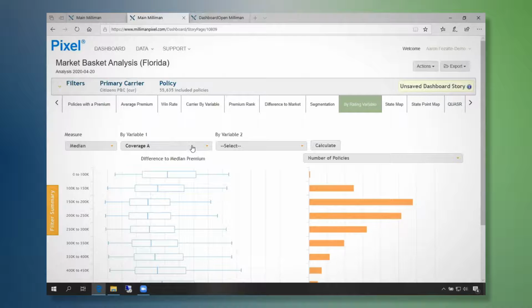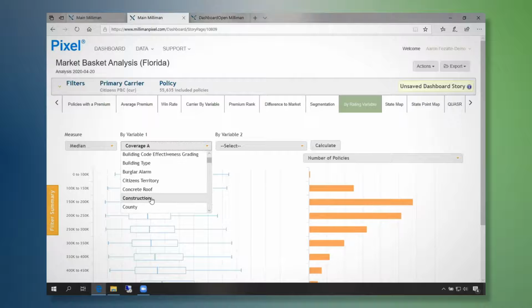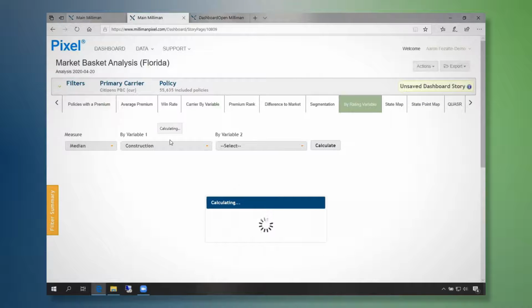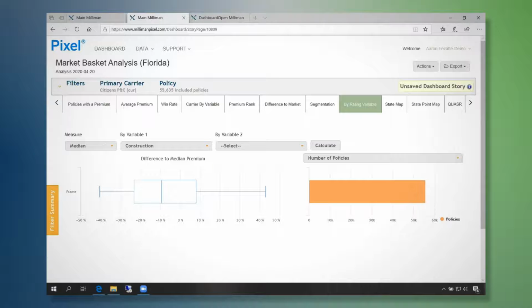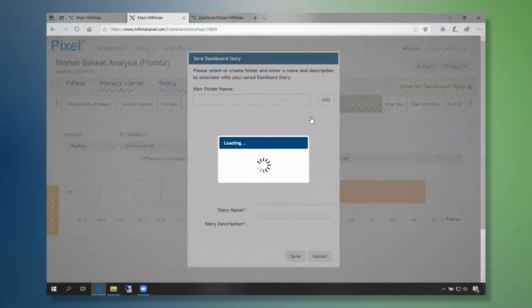And then you can also, if you happen to look at this type of view and look to one of the filters that you've selected to filter on, it'll only show the ones that you have selected. So you'll also notice that this now has a little warning that says unsaved dashboard story. So we have two options here. We can either save over the existing story, or we can save as and make a new story talking about the particular filters that we now have on this subset. So let's go ahead and do that.